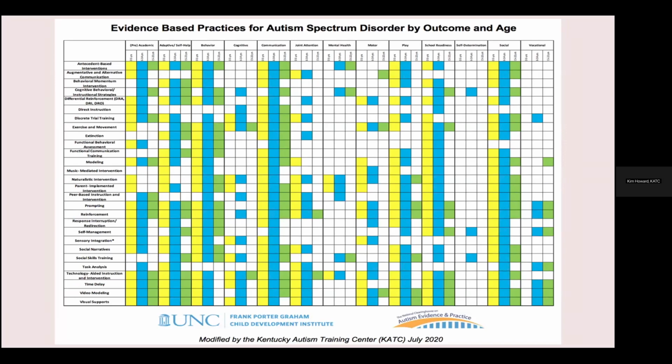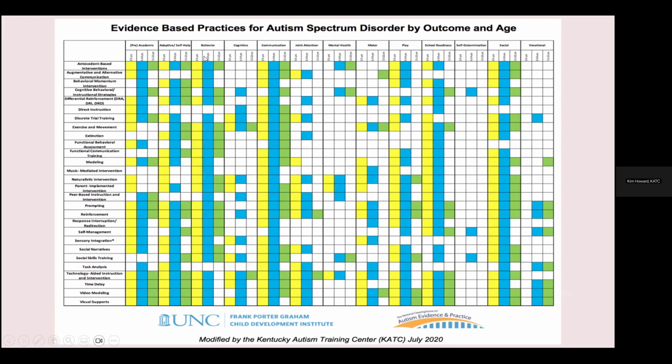This is all of the evidence-based practices for kids with autism, right? I want to make sure that you know that there are evidence-based practices. So if we determine as an ARC that a student does have autism, where do I go now? I go to this document, and I start deciding, am I looking at behavior needs? Behavior is the third column over. That is my behavior column.